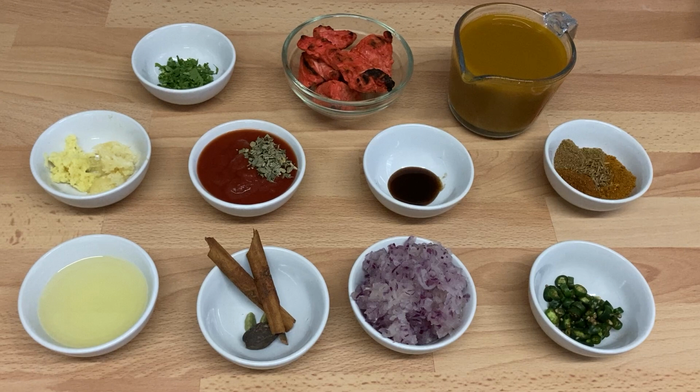To make my madras, you will need 2 to 3 tablespoons of vegetable oil, a 2-inch piece of cassia bark or cinnamon stick, 2 green cardamom pods, 1 black cardamom pod, 1 small red grated onion, 2 sliced green chillies, 1½ teaspoons of grated ginger, 1½ teaspoons of grated garlic, 2 tablespoons of tomato paste mixed with 6 tablespoons of water, half a teaspoon of fenugreek leaves or kasoori methi,